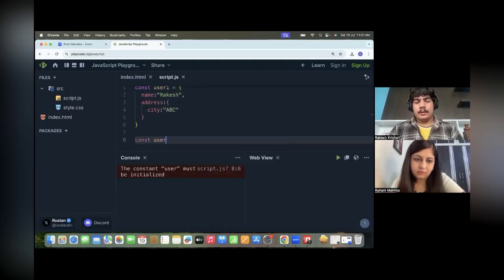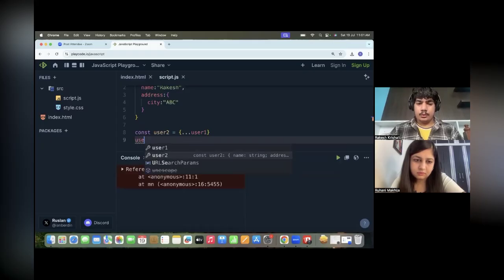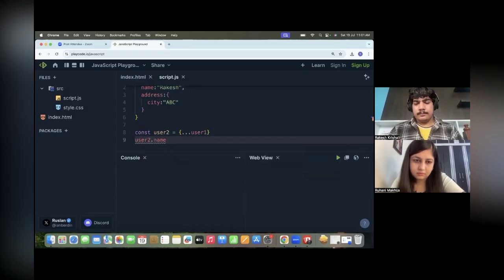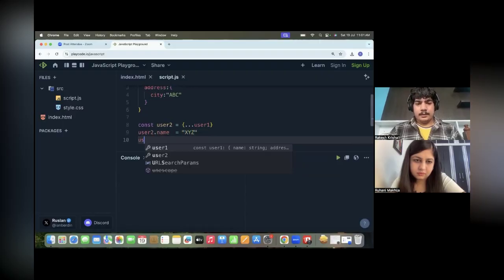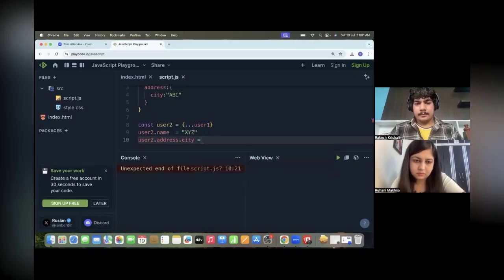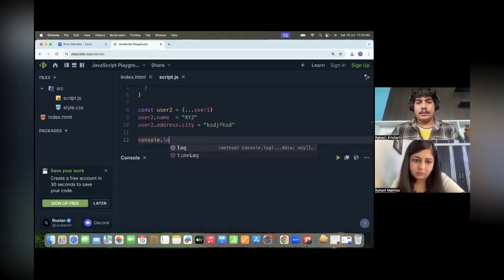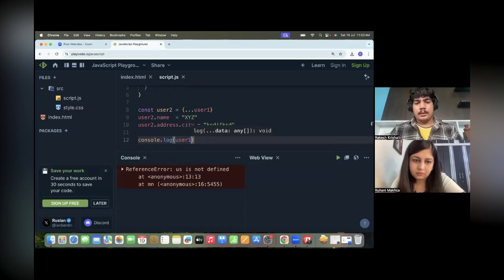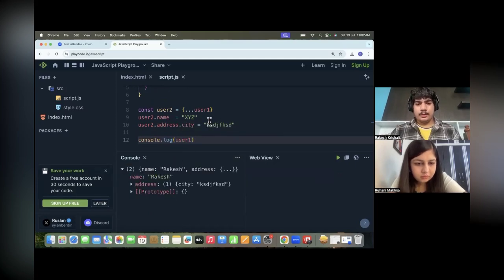So if we make another object, and if we change name in user two, and if we console user one, so the